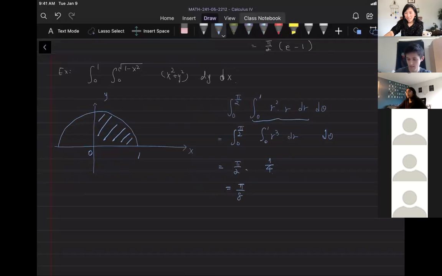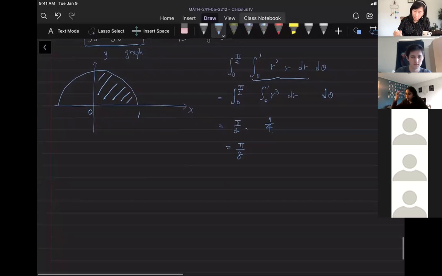Okay. Is that right? Okay. So you can see from this: sketch the graph, draw the graph, and then change it into polar. If the region is a circle or semicircle, whatever, just use polar. So next I'm going to give you a hint for the quiz